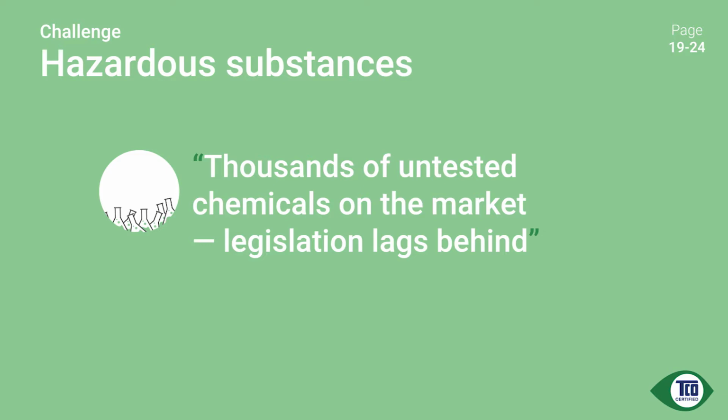We have seen a challenge during this time, 2015 to 2018, that there is a flooding of chemicals on the market. Thousands of untested chemicals are introduced in the market, and the current legislation is not keeping up with this. So in the report, we mention an estimation based on an external source of about 25 to 90,000 different chemicals. Of course, only some of these are used in IT products, but